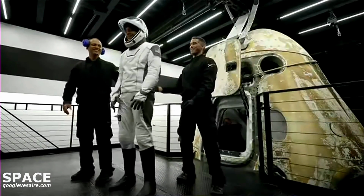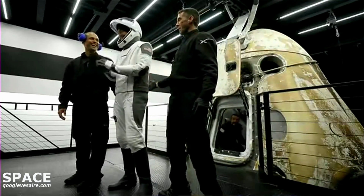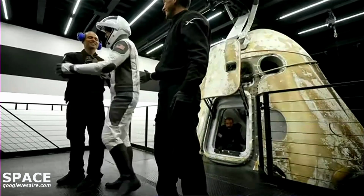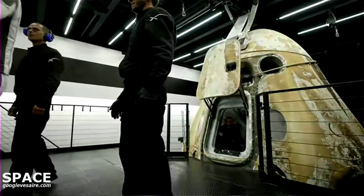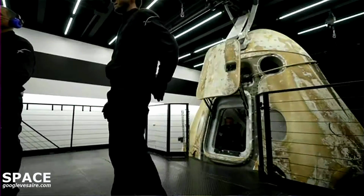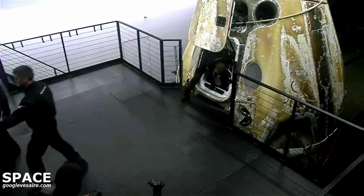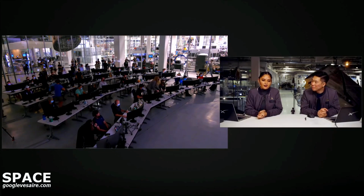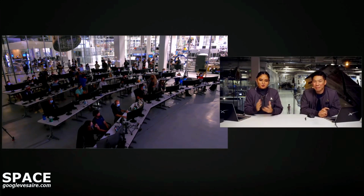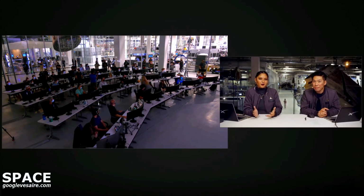Commander Jared Isaacman of the Inspiration4 crew. So excited. Some handshakes and hugs all around. Amazing. Now they will be doing a standard procedure, going into the medical room on the recovery vessel and doing some medical checks to make sure that the crew is safe and healthy. And then they will hop on a helicopter and head